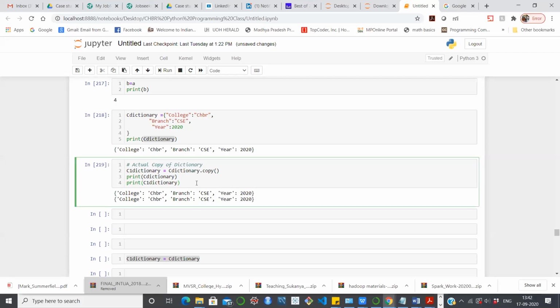Now here, let me make some changes. I just wanted to modify something in the C dictionary. Let's say I am taking the C dictionary, and I want to perform some changes here.